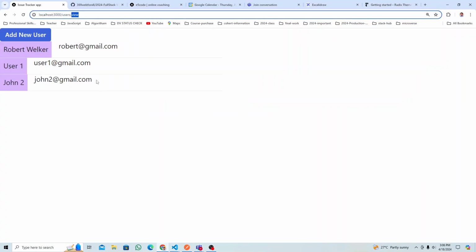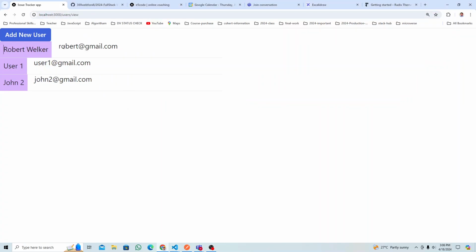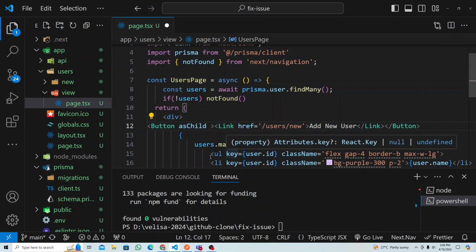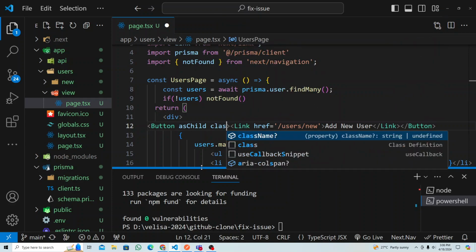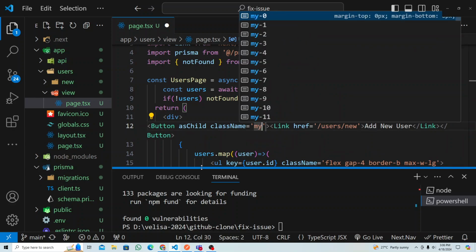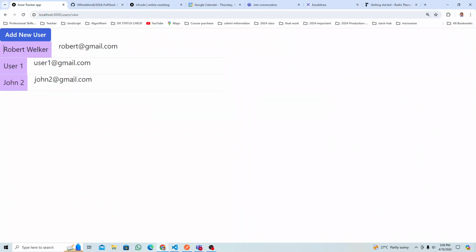Okay, so look at this. On the top you get that button, add new user. You can also add now, right? It's easy. Just add any class name here, it does not matter. So class name, I will say margin, right? Margin y-axis top and bottom maybe 5, and margin x make it 4, right? Like that. Save, and if I refresh,